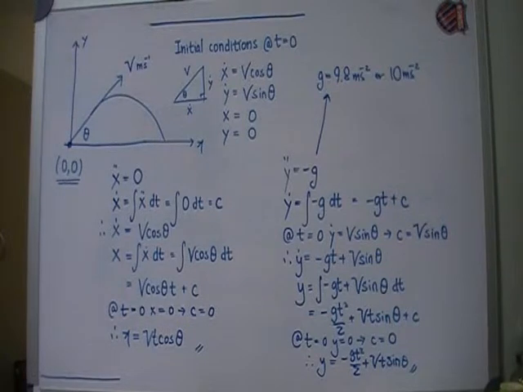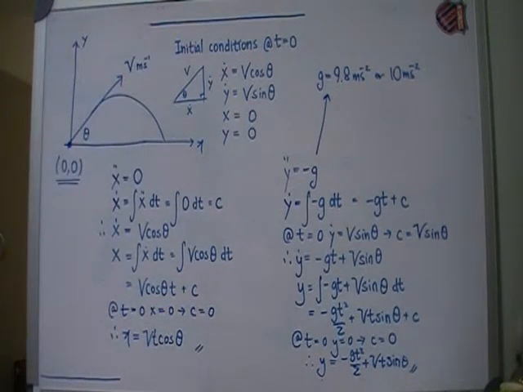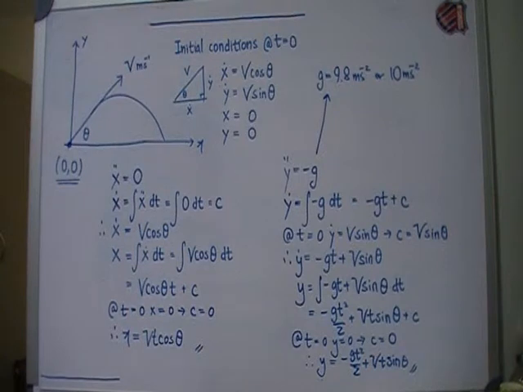Then they'll ask you stuff like, when's the greatest height, or what's the range, how far does it go? Sometimes they can ask you for the Cartesian equation, which is combining these together. Do not do that unless being asked, because that's really a nice way of wasting your time in an exam. And also, if we have to find the angle of projection, then we'll be given certain data,